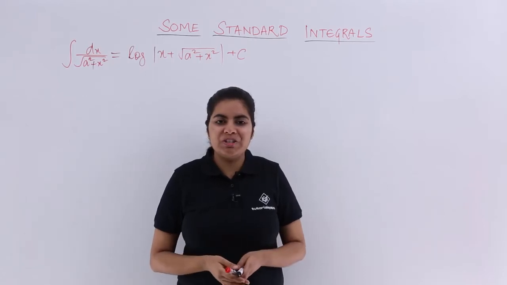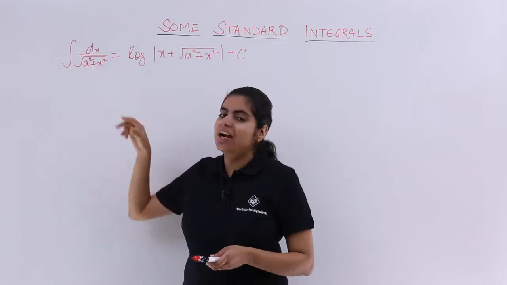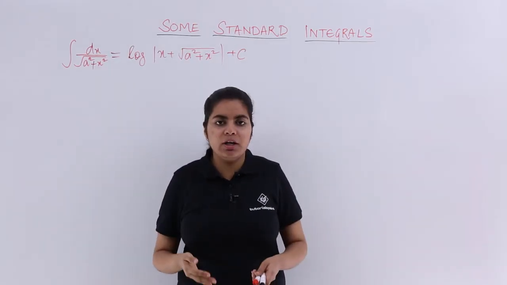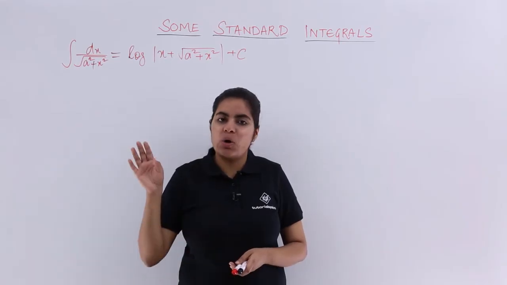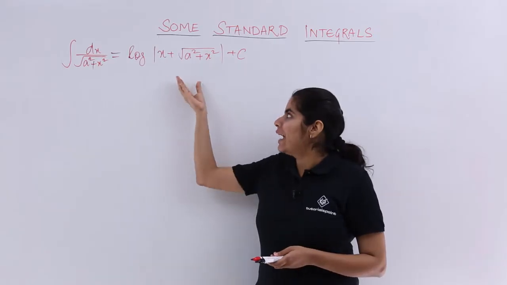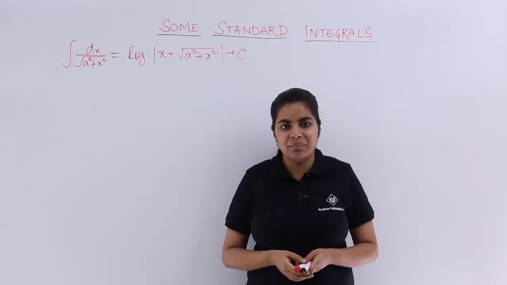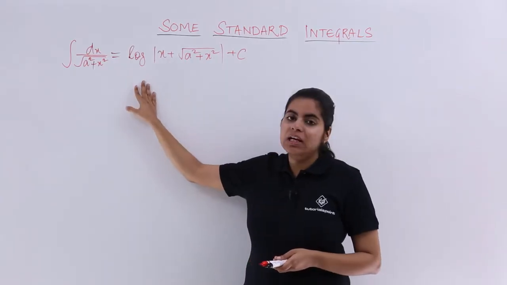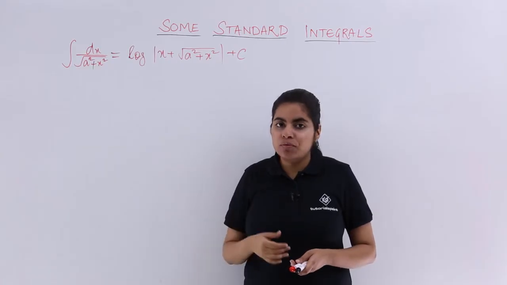Now we have to take into picture the next integral that comes in front of us. It is nothing but dx upon under root x square plus a square, or dx upon under root a square plus x square, whole integral, and the formula evaluates as log x plus under root x square plus a square plus c. As you can see, it is similar to the video that we did on integration of under root